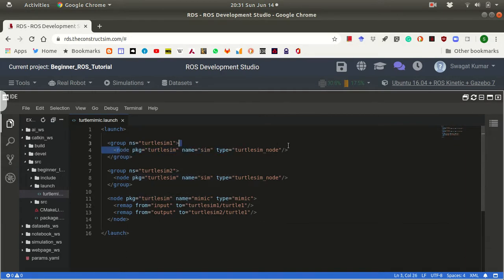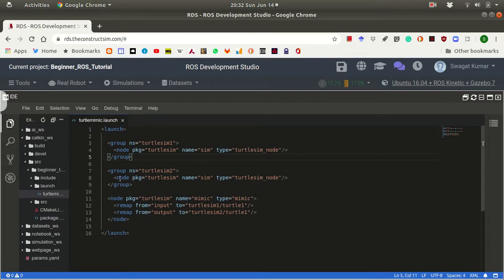For example, the node package is turtlesim and type is turtlesim_node. If you remember, whenever we started a node in our last video, we used to write rosrun turtlesim turtlesim_node. So this is what it's doing. So this is one node it is starting, and